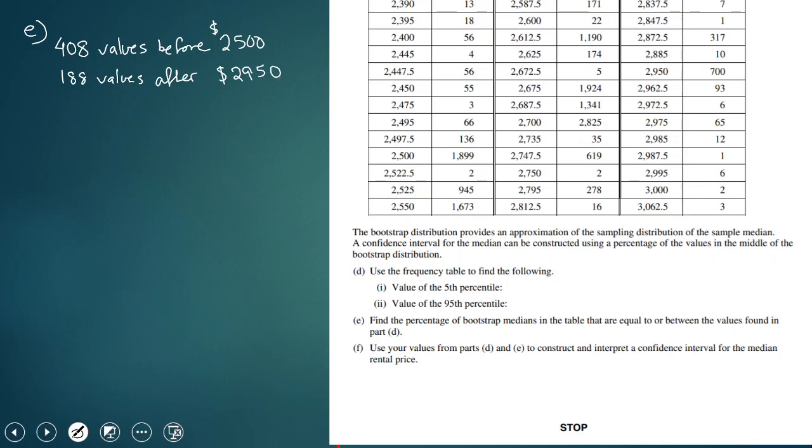So because the table says equal to or between, I need to take only the values before and after, not including any frequency that is equivalent to that value. So the 1899 that have values of 2500, I have to disregard those, and the 700 that have values of 2950, I have to disregard those. So then